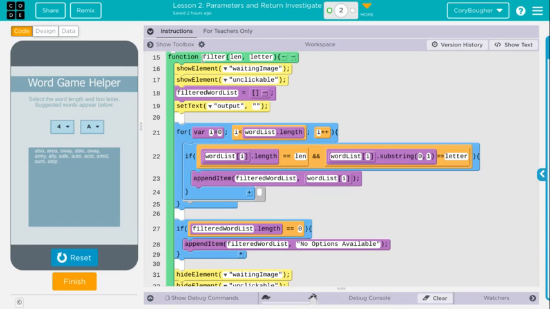This filter function is based on the parameters of the length and the letter. It's showing an element called a waiting image. There was an hourglass here, and it's showing that it was unclickable at the time because it was waiting for me to change something here. When that happens, this list is going to be created, and it's going to set that output to whatever that